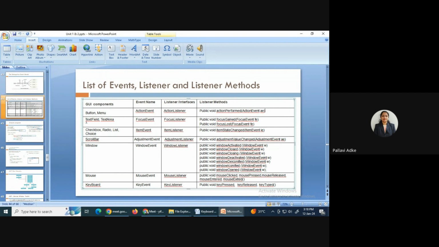Okay, suppose it is a text field or text area, then that is called a focus event or the focus listener, and focus gained or focus lost. Okay, so these types of different methods are there. For the button, text field, and text area, we have seen some examples. For checkboxes and scroll bar, we had not seen, but I will show you. In today's class, we are going to see